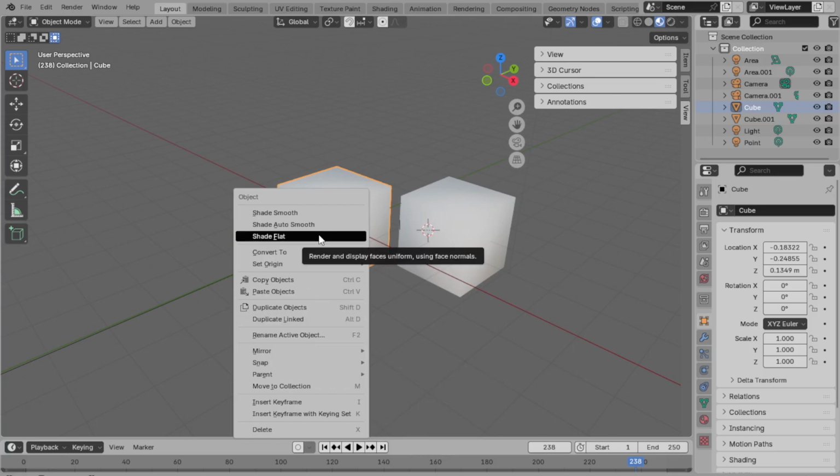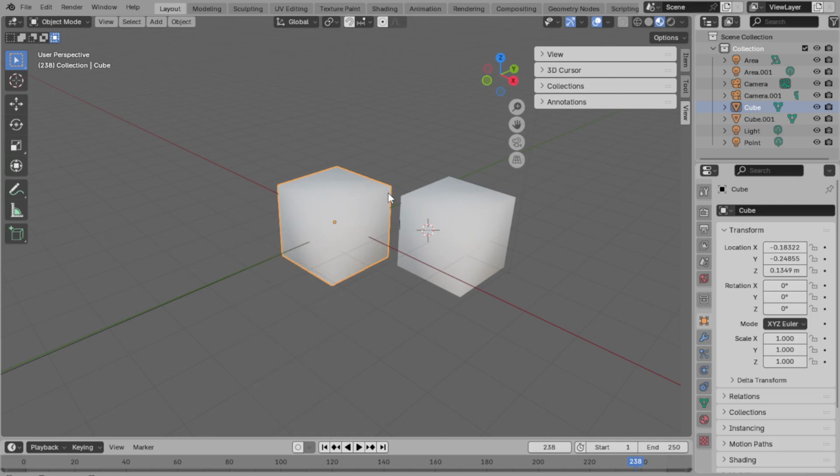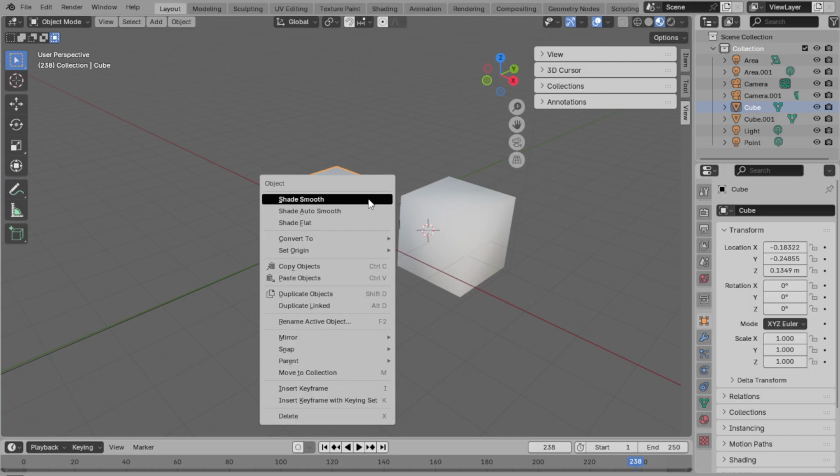If your object doesn't have a material assigned yet, you'll need to create one. This is as simple as clicking the plus New button you see there, which will automatically apply a basic material to your object. Having set up the material, you'll want to scroll down within the same tab until you reach